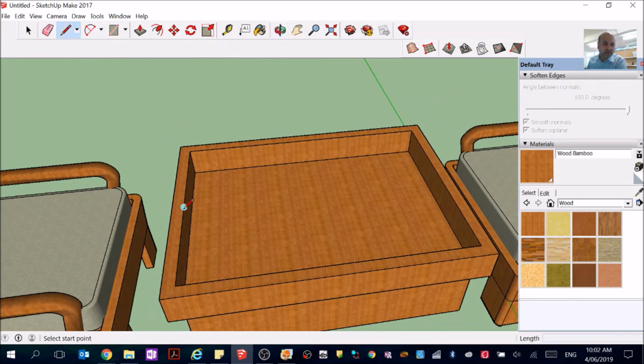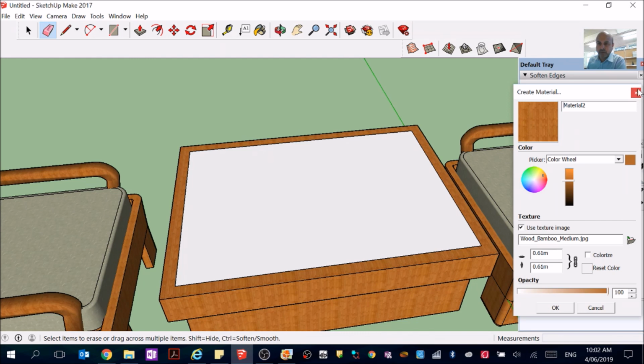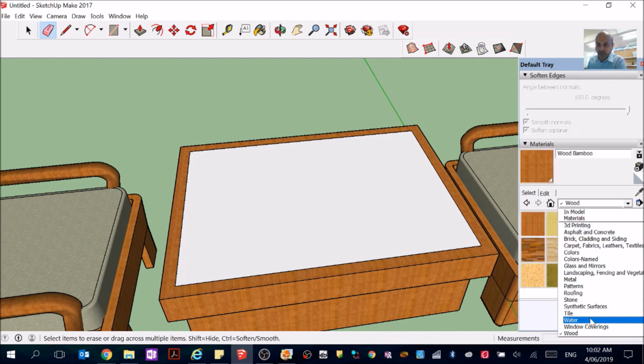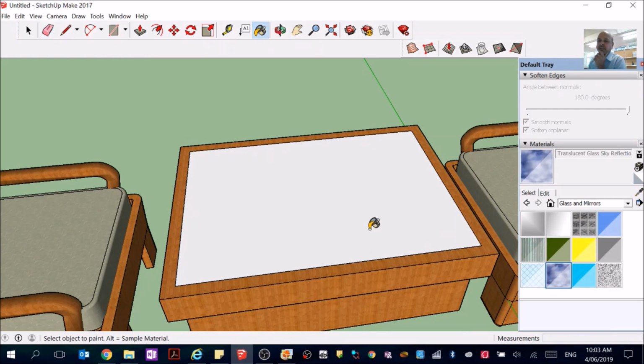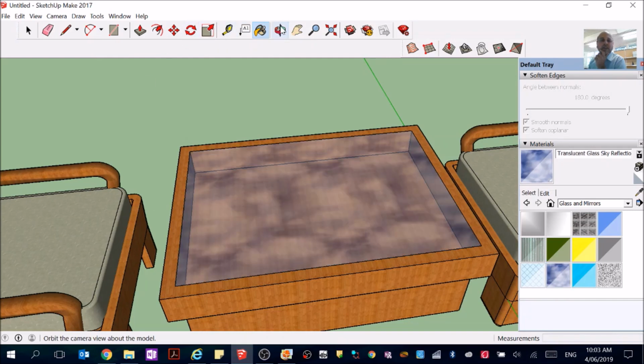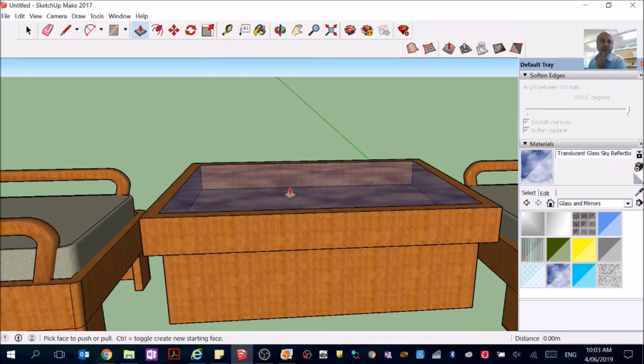And what I'm gonna do now is gonna be a little bit fancier. I'll draw a line right from the middle to here. Then I'll get rid of that line there. Then I'm gonna go here and say transparent, like glass and mirrors. So I'll select this glass here, translucent, and I got a glass material there on the top. Then I'll try to extrude it a little bit